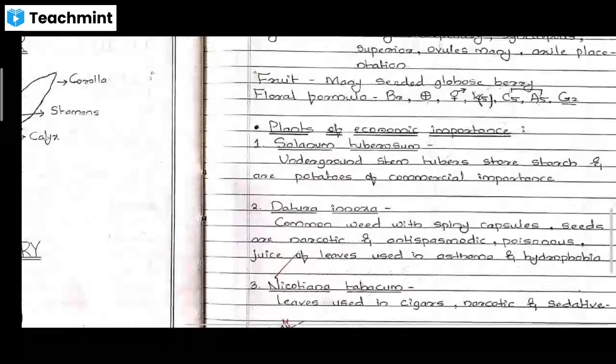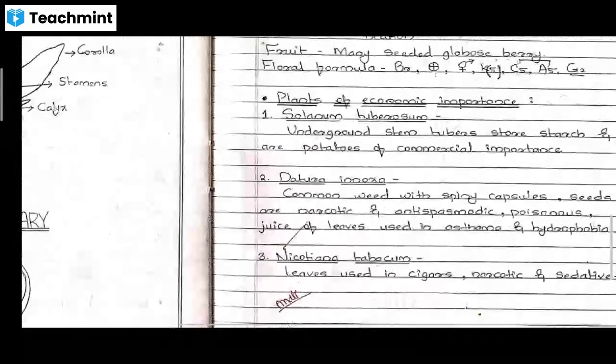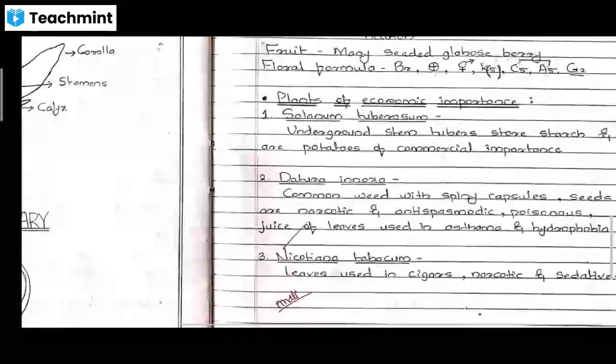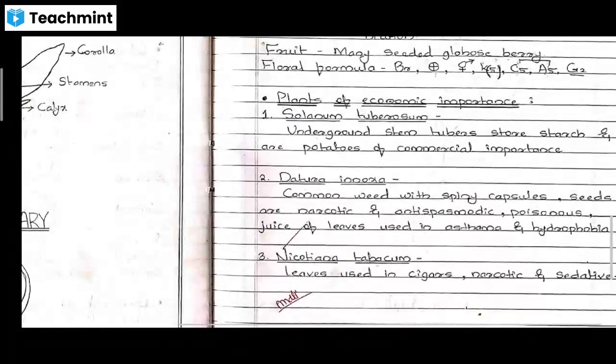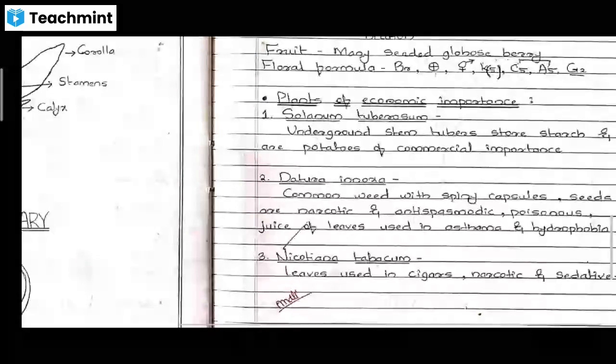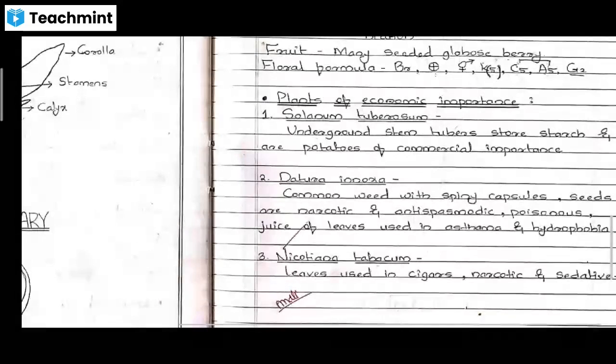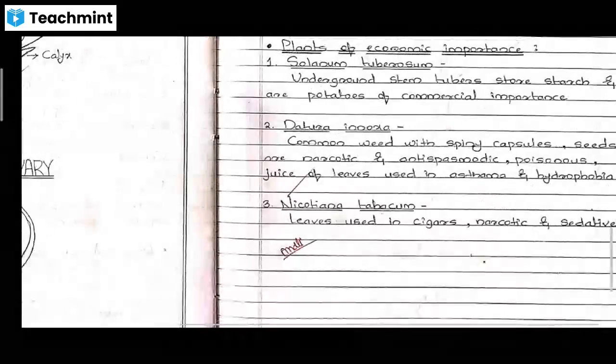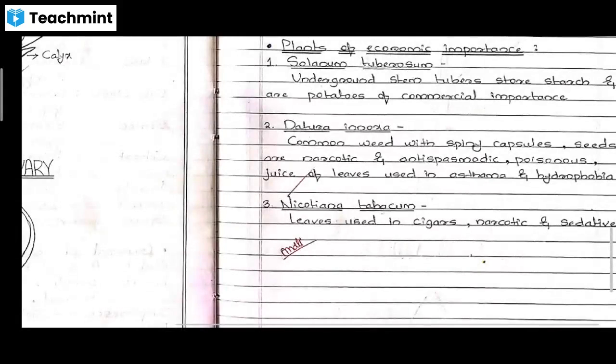Then economically important plants of the Solanaceae family are Solanum tuberosum, that is potato, then Datura inoxia, that is the Datura plant. It is a spiny plant, but it is mostly used in different ailments. It is antispasmodic, and it is also a poisonous plant and will be used medicinally. Then the third economically important plant of that family is Nicotiana tabacum. Do you know about the tobacco plant? The leaves of that plant are used in cigar preparation, then as narcotics or sedatives. So these are some examples of this